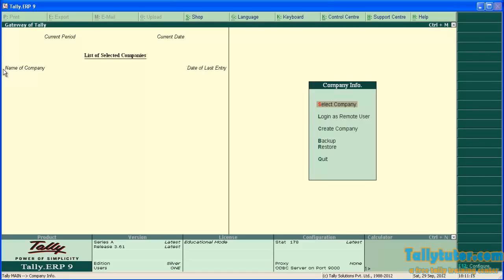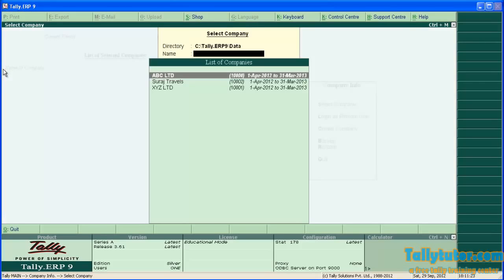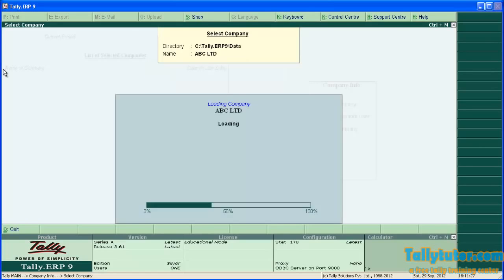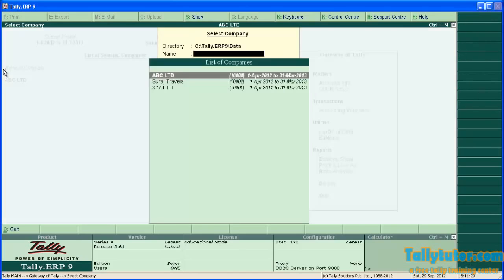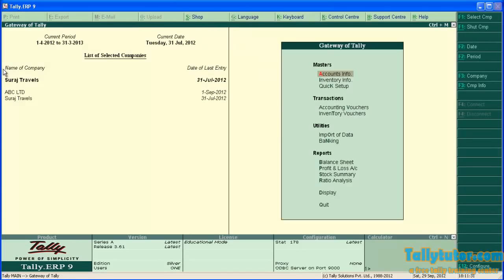Now let's see how the front screen appears after creating a company. Company creation we have explained in the previous tutorial. After creating a company, when you open Tally, the window will look like this.